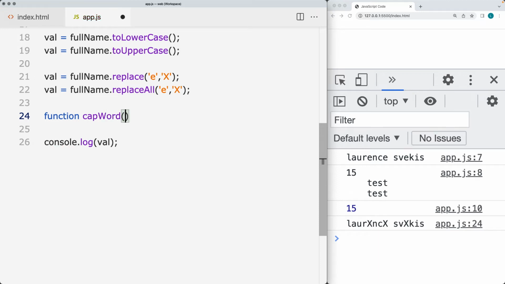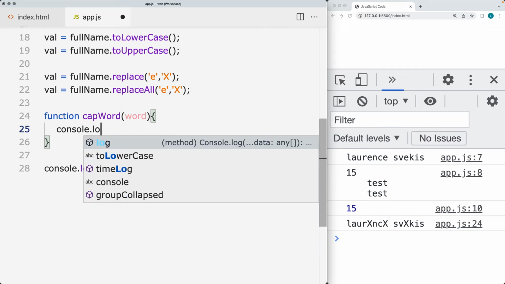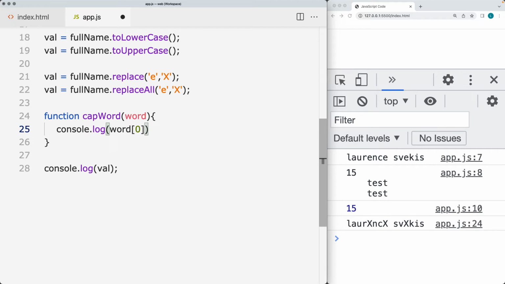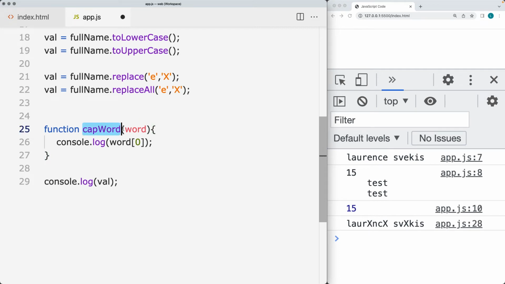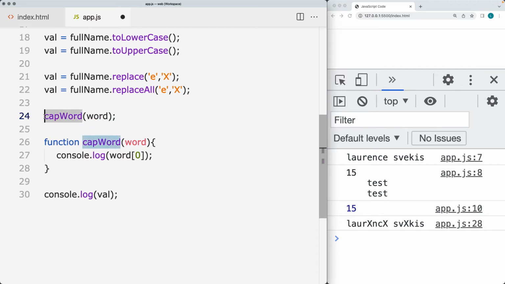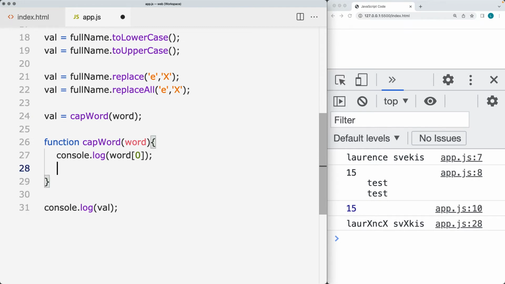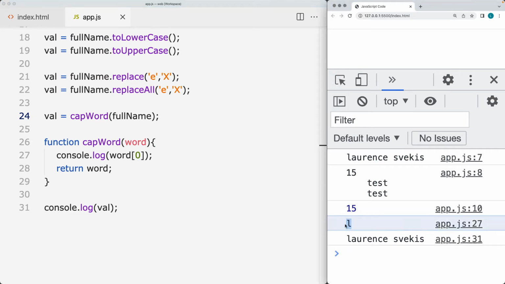so capitalize word, it's going to be expecting the word to capitalize the word. Let's select out the first character. And within the word, we can use the index value of the character in order to select that first character. So let's pass in the value of cap word and send in the full name in order to capitalize it. And then we're going to return back the results. So we'll do a return right now of whatever the word is that was sent in. And the word that we're going to be using is going to be the string value of full name. So save that, and we see that we get the first letter is L,